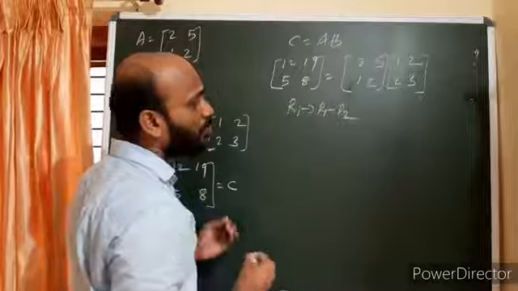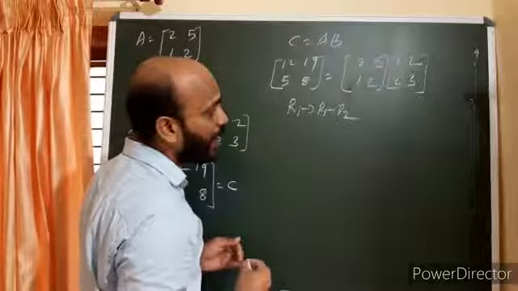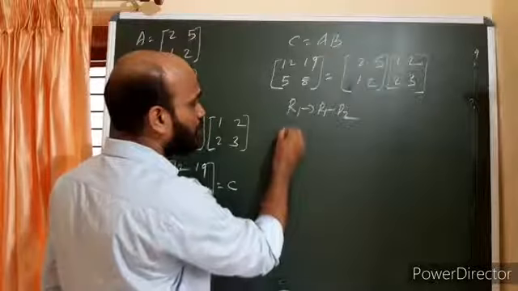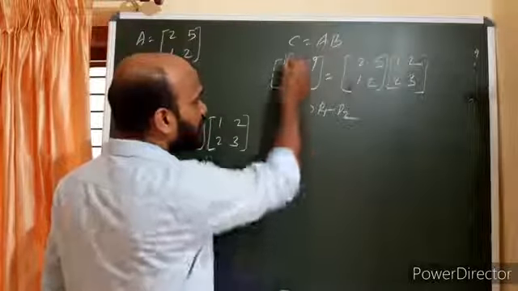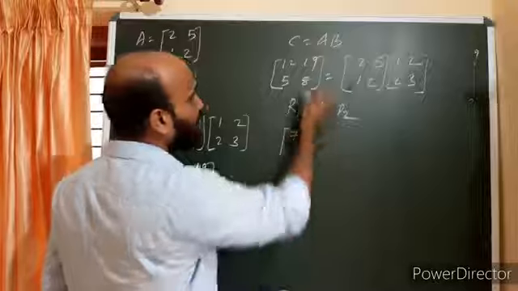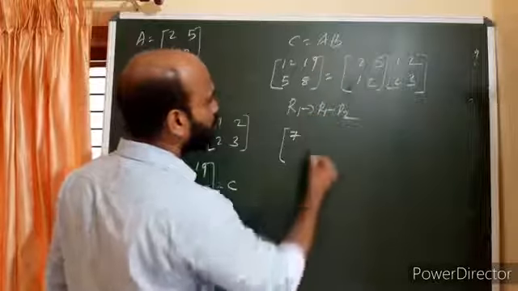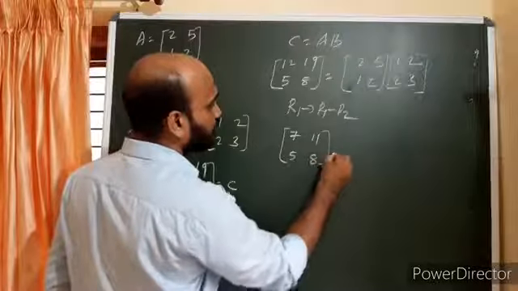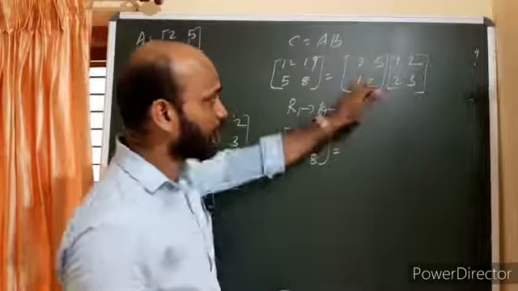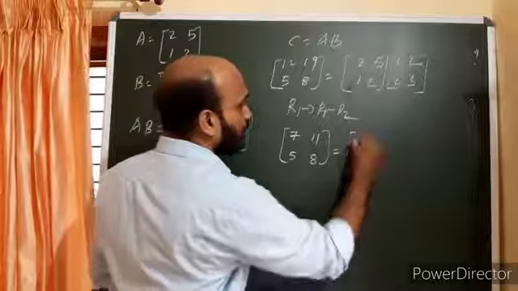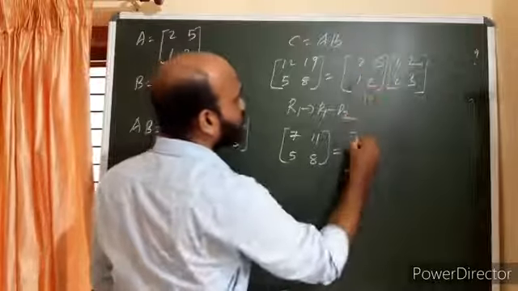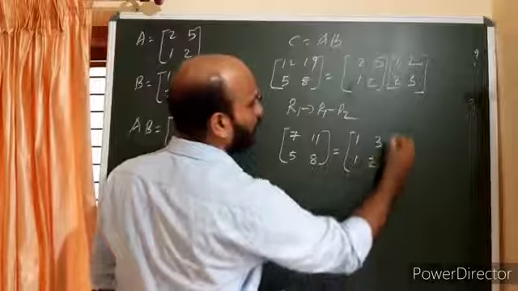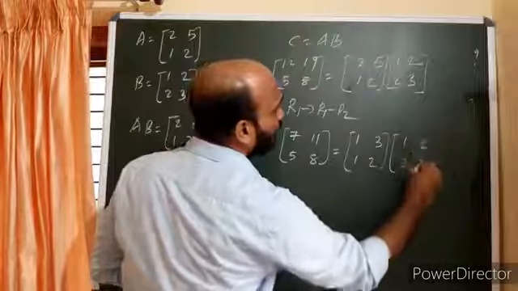That means all the elements of row 1, I am adding minus 1 times the corresponding elements of R2. So the left hand side will be 12 minus 5, you get 7. 19 minus 8, 11 you will get. Then 5, 8. The same rule you have to use on the first matrix. Then this will be 2 minus 1, 1. 5 minus 3, 2. 1, 2. Into 1, 2, 2, 3.